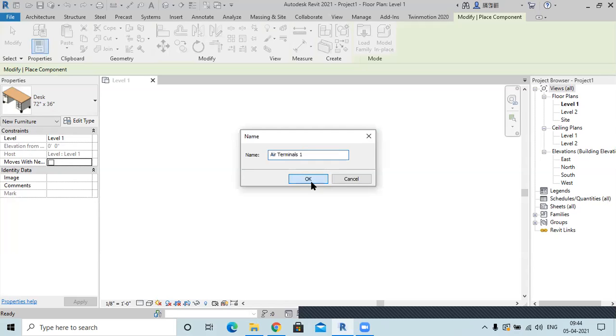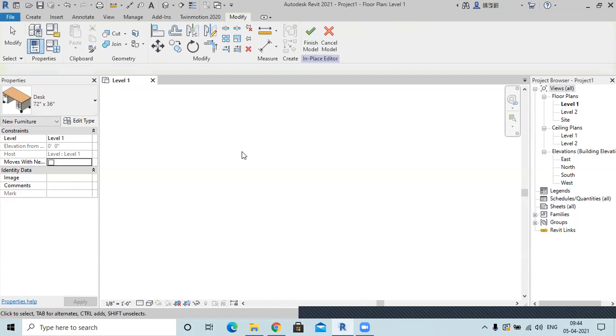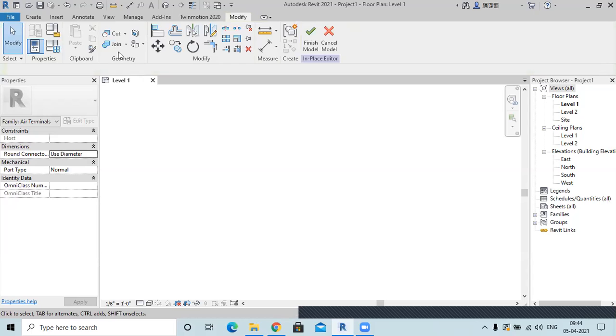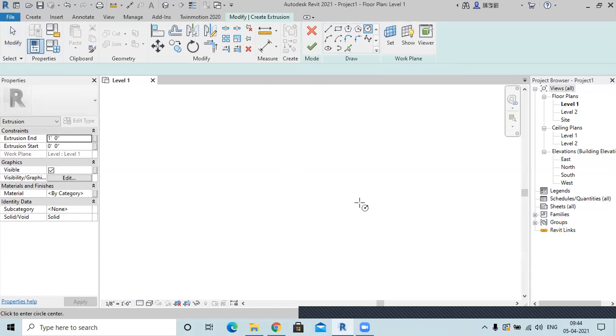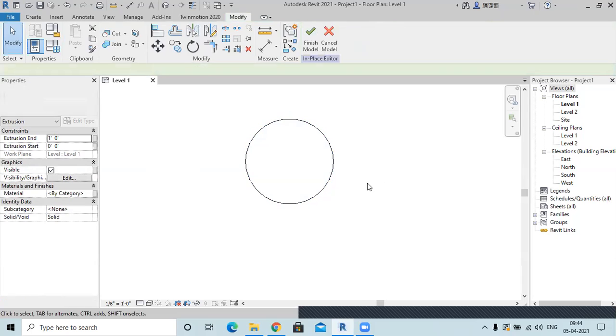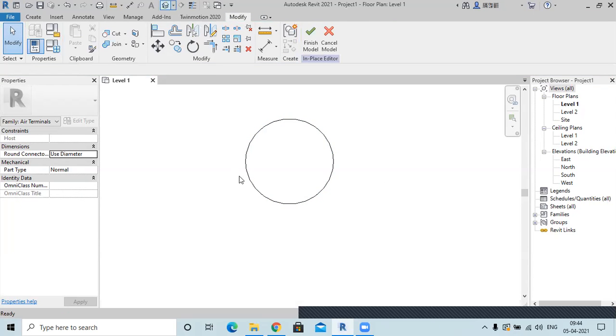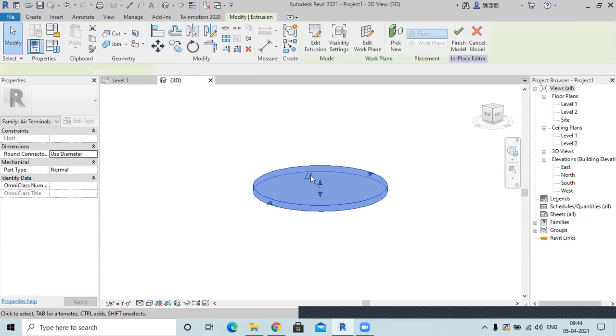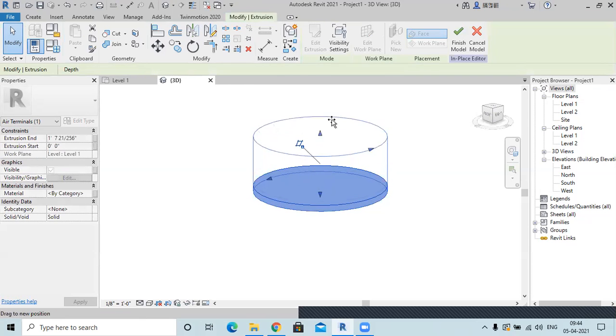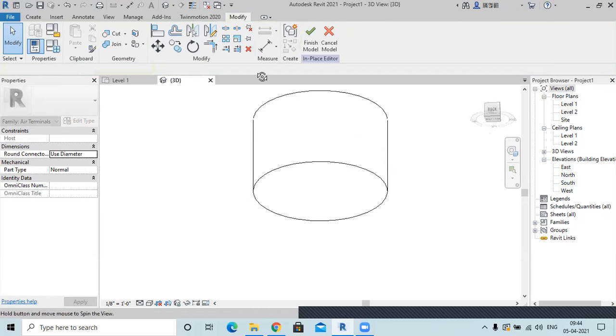I'll just show you how to create a 3D circle like this, press right, and then go to the 3D view, and this is a 3D structure. Now you will get confused because it takes 4 to 5 classes to come to this point.